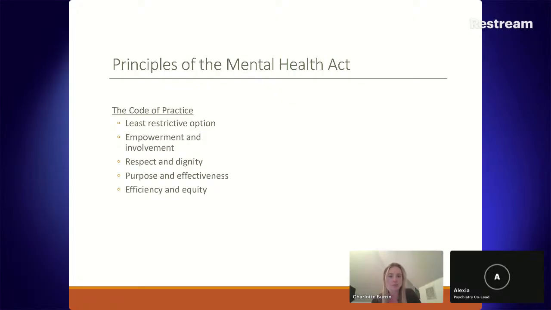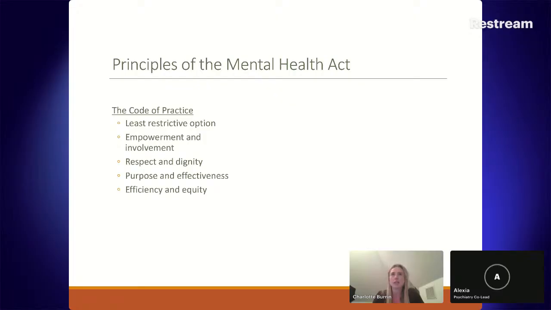What this looks like practically is, for example, you are treating a patient who's detained under Section 2, maybe on an eating disorders unit. The least restrictive option as part of their treatment plan might be that they have a meal plan to follow at a certain time of day, at lunchtime, for example. That would be the least restrictive option, that you would offer them food. If they were unable to eat the food, you might offer them a supplement as a slightly more restrictive option. If they declined the supplement, you would offer them an NG tube to give the supplement via the NG tube. And if they declined that, then you might have to restrain them and deliver the supplement via the NG. So you can see how you will always try to use the least restrictive option possible, but it does allow you to use more restrictive options if so required.